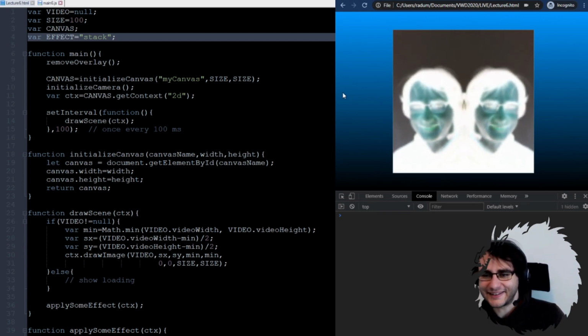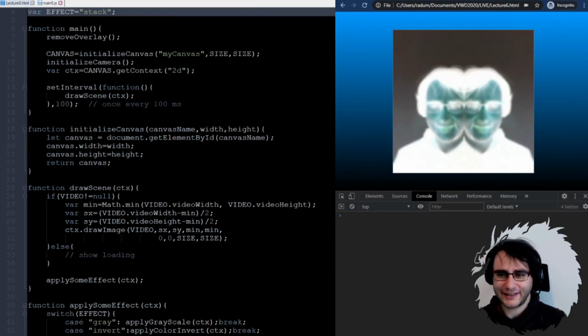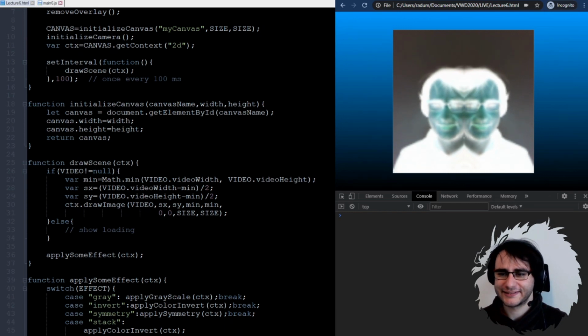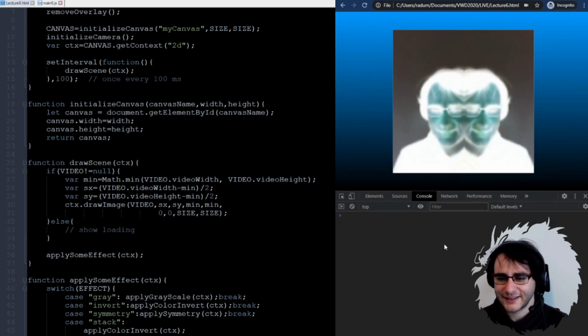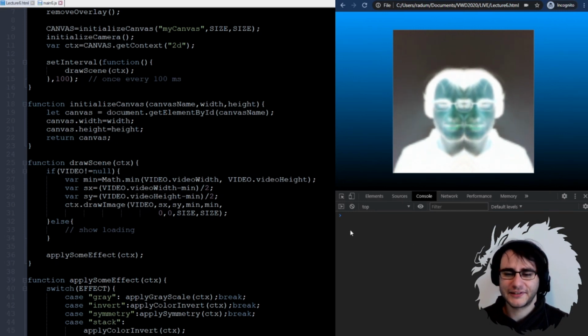Well, I'm getting now this also invert color and this horizontal mirroring of the image. If I average the right and left sides,